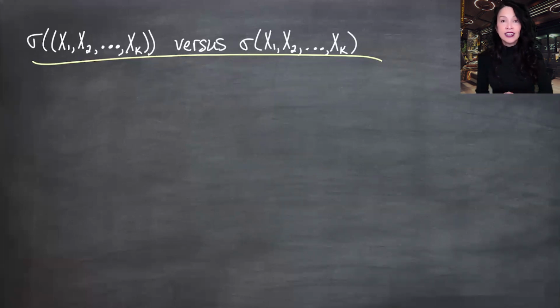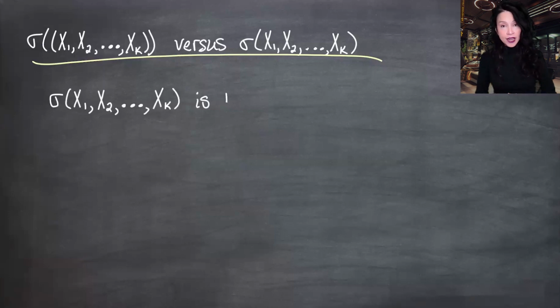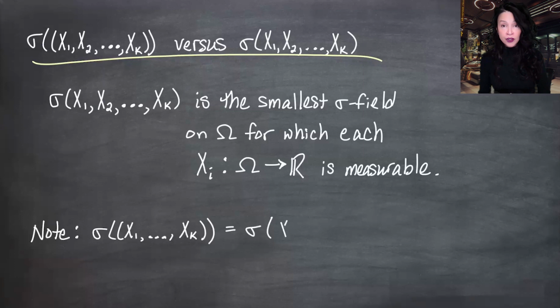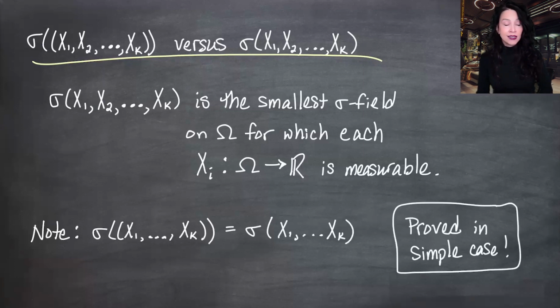But for the record, if we only have one set of parentheses, this is defined to be the smallest sigma field with respect to which each individual component is measurable. That means that if you look at the inverse image of a one-dimensional Borel set and pull it back under one component of this function, you need to get a set of omegas that form a set in the sigma field curly F. We did prove this in the simple case, and I'm going to omit the proof here. It's similar, though not exactly the same, so look at it. I have a lot of theorems and statements today that are k-dimensional counterparts to things we've done, and I've chosen to prove some of them and not others.